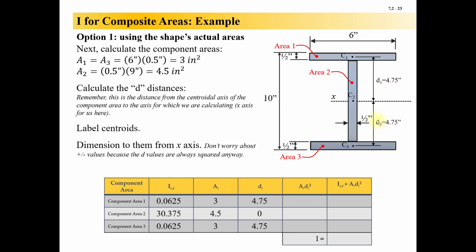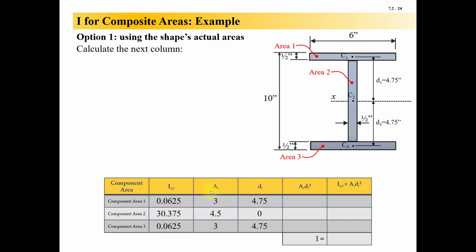The bottom one down here, D3, is going to be the same value. And D2, the distance between the centroid C2 and the overall centroidal axis, is 0. So now my next thing is to just do some calculation. I'm going to square my D's and multiply them against my areas. So my A1 D1 squared is equal to A3 D3 squared, which is 3 square inches times the square of 4.75. That gives me